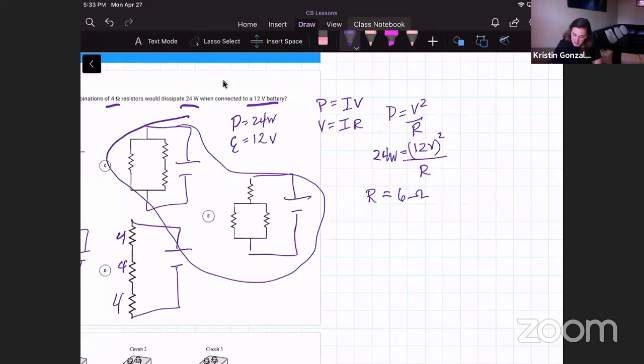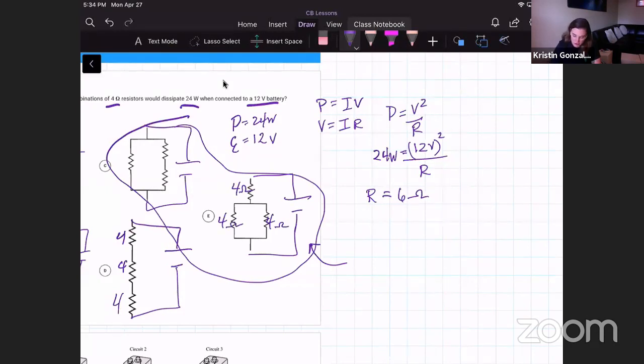If I want it to be 6 ohms, do I want more in series, do you think, or more in parallel? Because 6 is pretty close to 4. I'm trying to use all these reasoning techniques. If 6 is pretty close to 4, I'm probably going to want something that has more parallel and less series. So let's look at E just for time's sake here. If we look at E, and these are each 4 ohms,